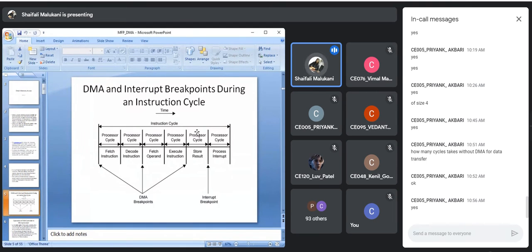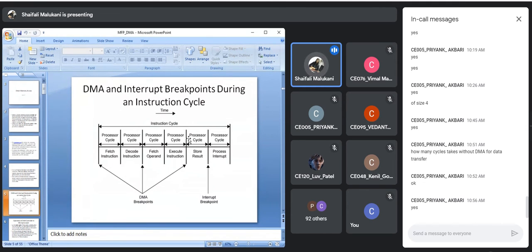These are the DMA breakpoints: after fetching, after decoding, after executing, after fetching the operand. That depends on which kind of things you are having. Like here it is fetch, decode, here it can be execution, write back, anything, right? These are the steps: fetch the instruction, decode the instruction, fetch the operand, then execute the instruction, then store the results, right? After storing the result, can I say it is the completion of your cycle, and then you can process your interrupt. Here your instruction completes, your multiplication instruction or whatever instruction completes, and then you are executing your interrupt.